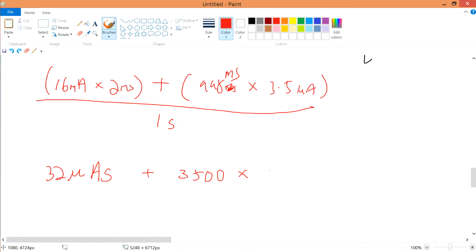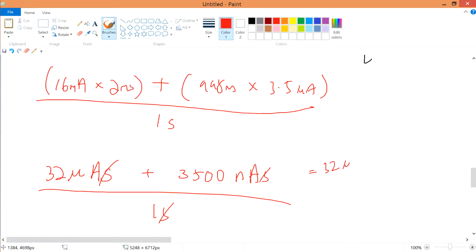So milli times micro is actually nano. I should write it over here, because 998 times 3.5 is this one already, so what's left is only the SI unit. Nano is 10 to the negative 9, and then ampere second, divided by 1 second. The seconds will cancel each other, so what I would have is 32 microampere,